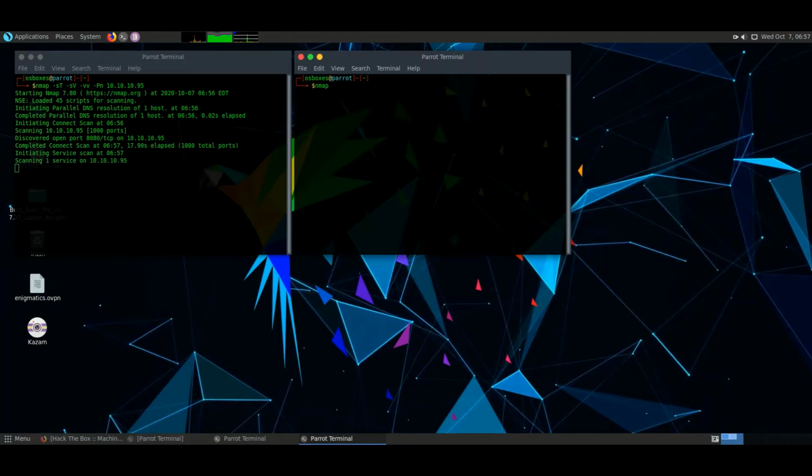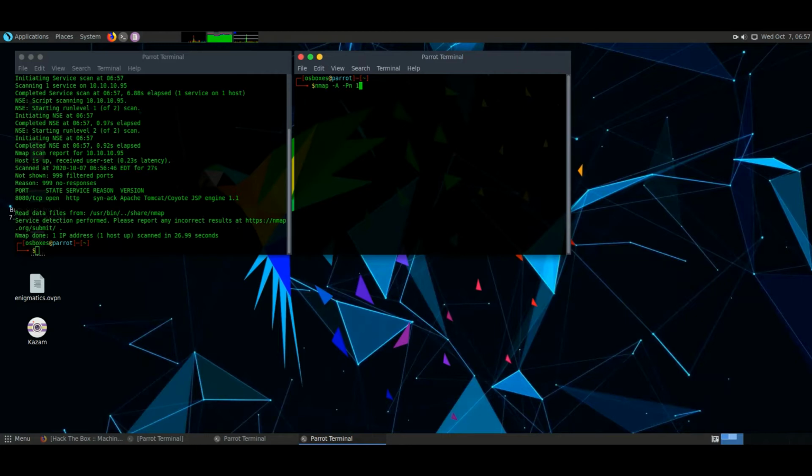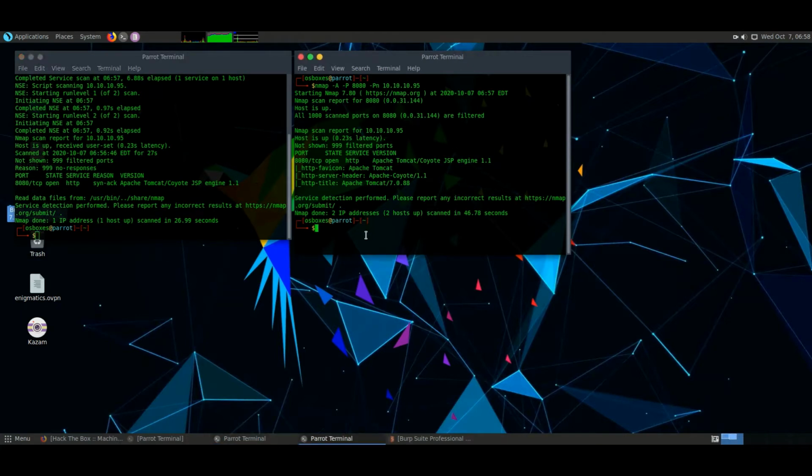On the other side, we will also scan for the full enumeration with -A. So we have paused a bit so that all the scans are completed.